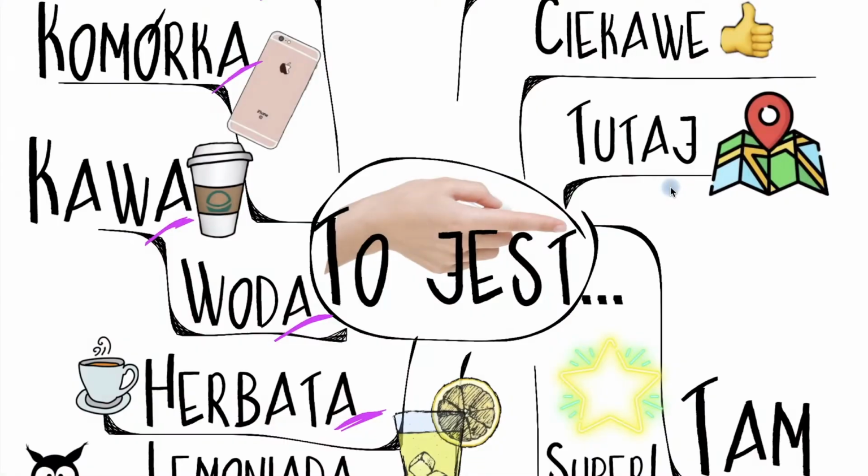Our second lesson today, and I'm going to teach you how to make a simple statement using "this is", "to jest" in Polish. You're going to learn a few words connected with a location, and also a few nouns will be there as well. So let's start with the center of our poster, and here we've got "to jest",